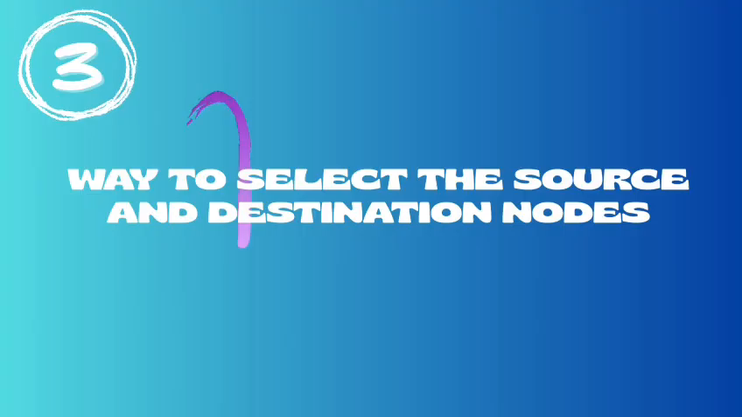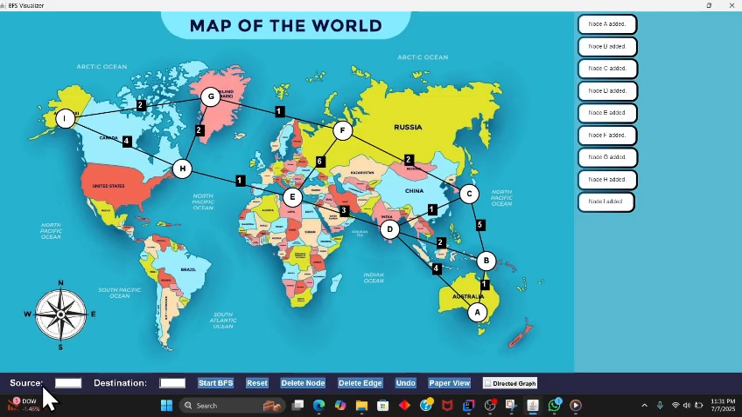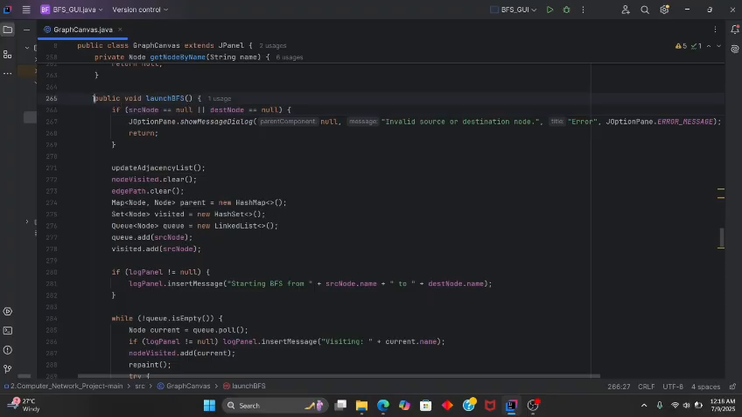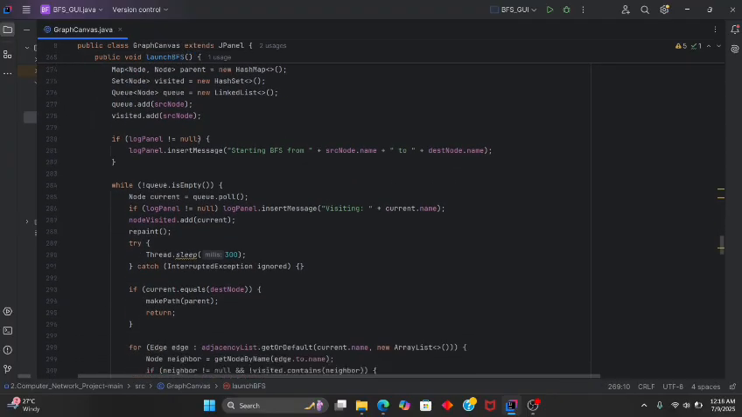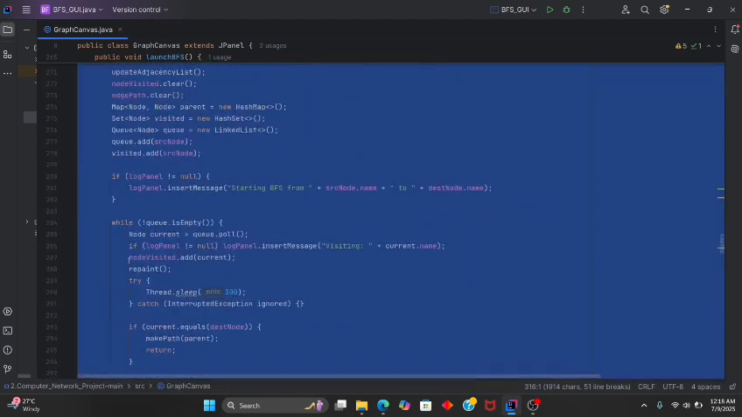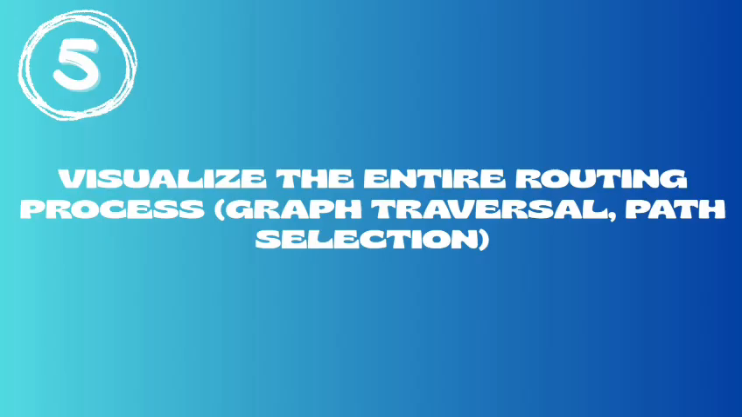Now that our graph is ready, we can easily enter the source and destination node for finding the best path. Let's say A to I. This is basically the implementation of BFS, breadth first search algorithm. In our project, the function runs inside the code to calculate the best path in the graph, and the result is